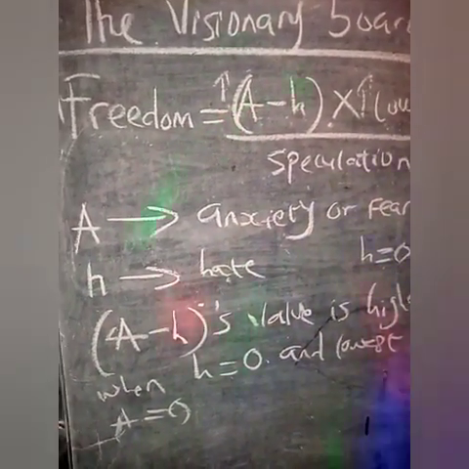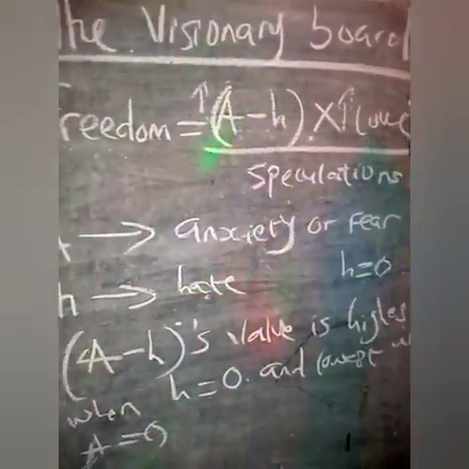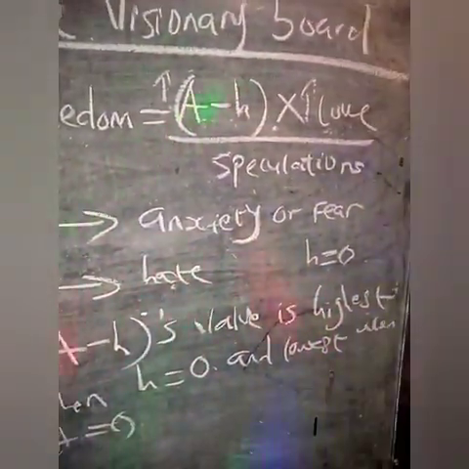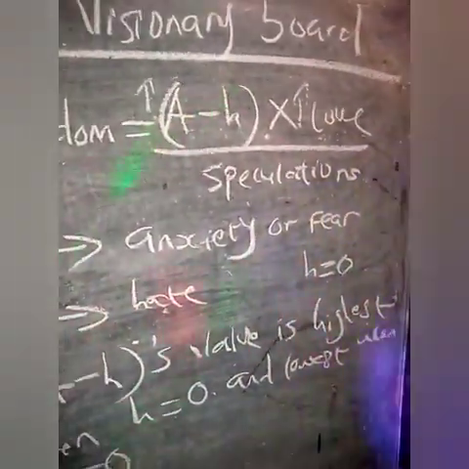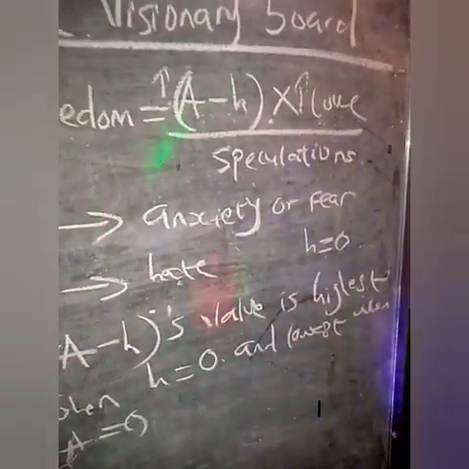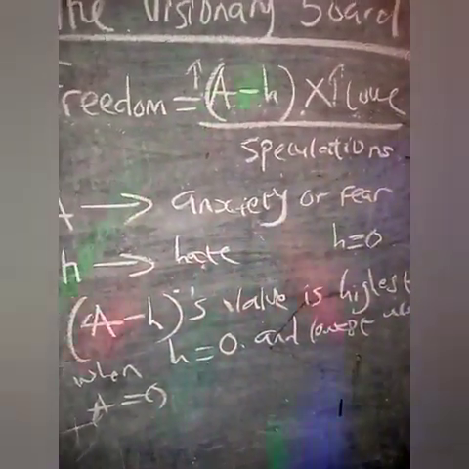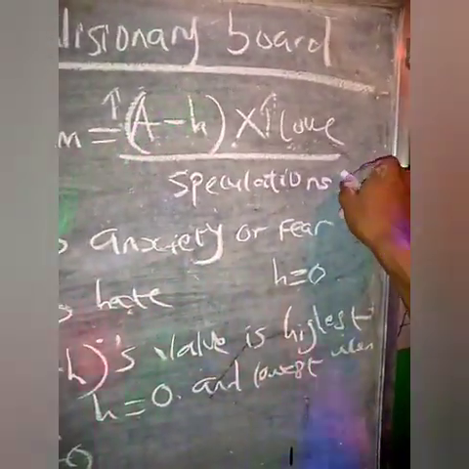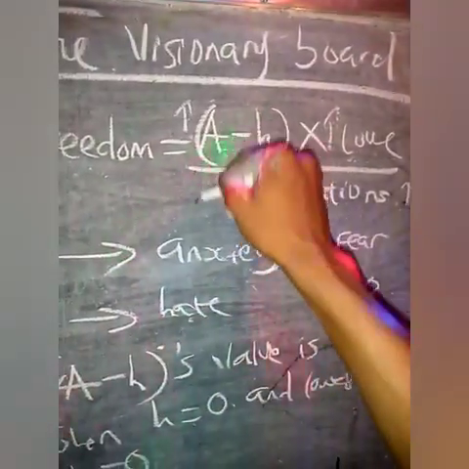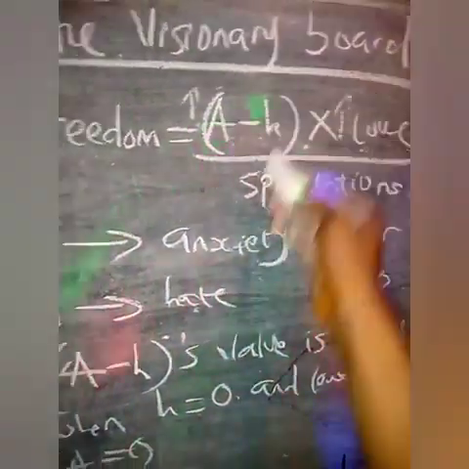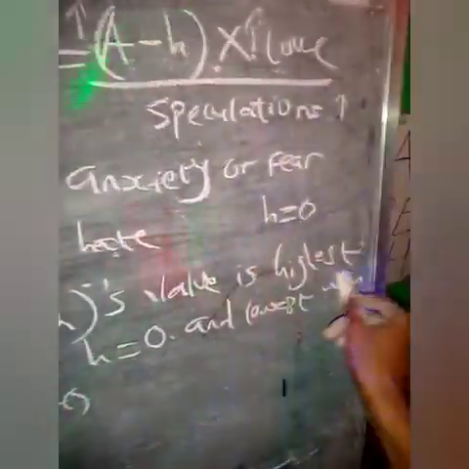Hatred is really something you have to reduce if you want to have freedom and if you want to promote love in your life. And you also have to reduce speculations. Don't talk about everything you see. Don't react to everything you see. You can listen, absorb things, but don't react to everything you see. Reacting to everything you see will increase speculation and will decrease freedom, will decrease A minus H. It will lead to an increase in your hatred, because we said A minus H value is highest when H is 0